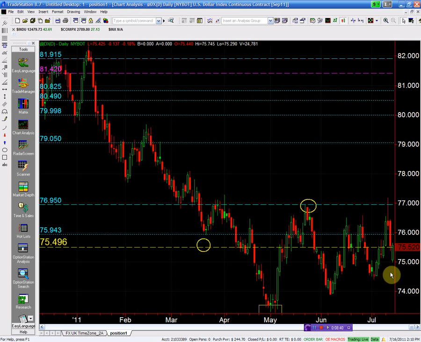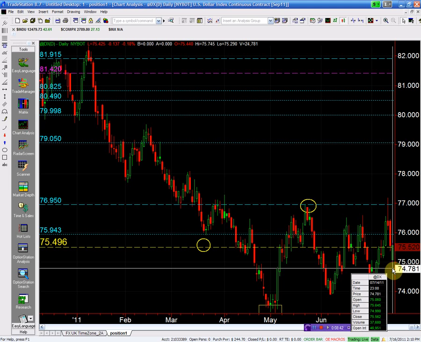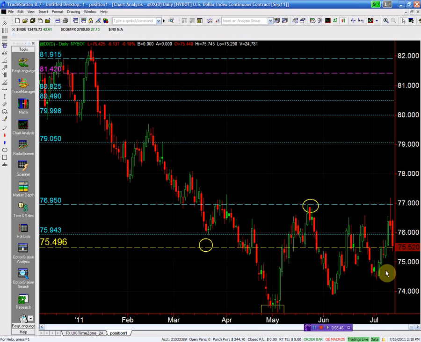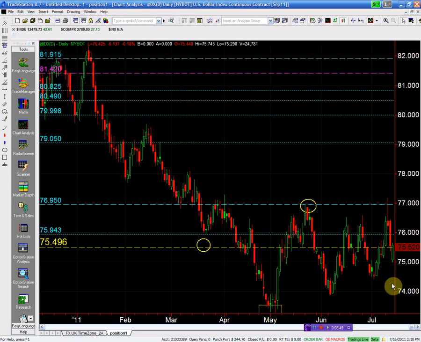You did have the crash. It took you all the way down to 74.90. It moved 100 basis points. So you were paid on that break below 75.49, and then we're expecting it to resume its downtrend,